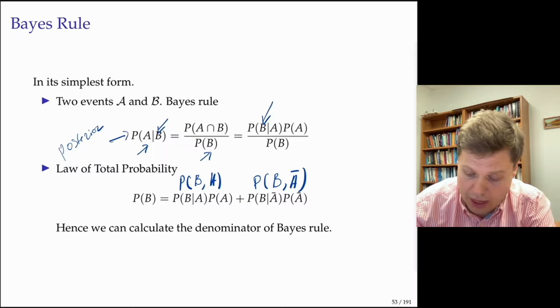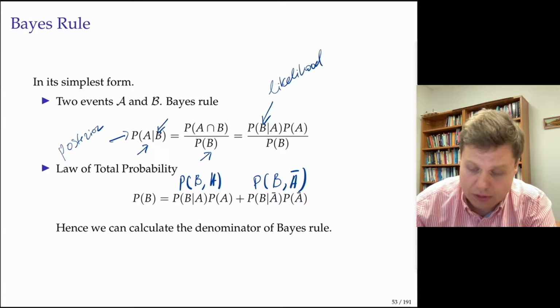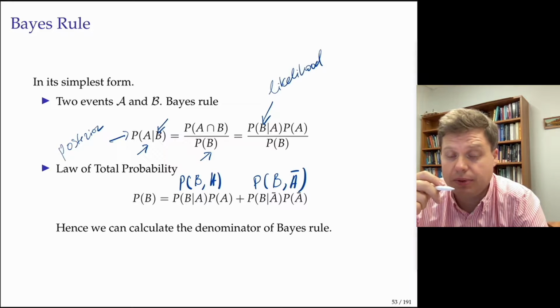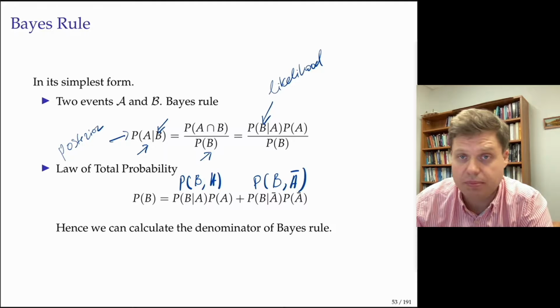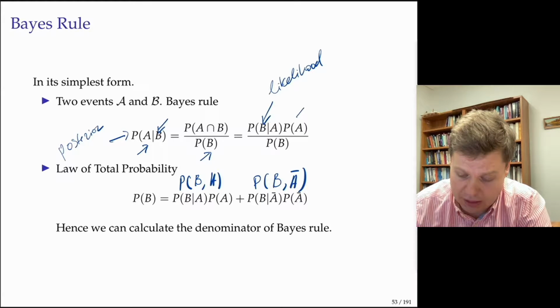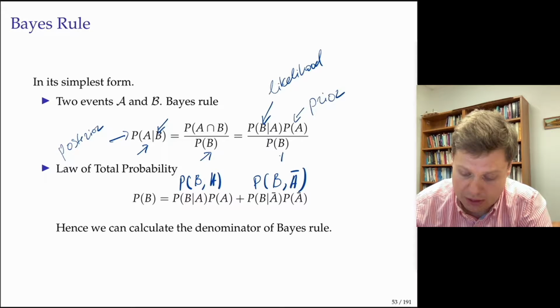This one we call likelihood. So likelihood tells us the probability of evidence given A, given the parameter of the model, and this is the prior information about A, and this is total probability